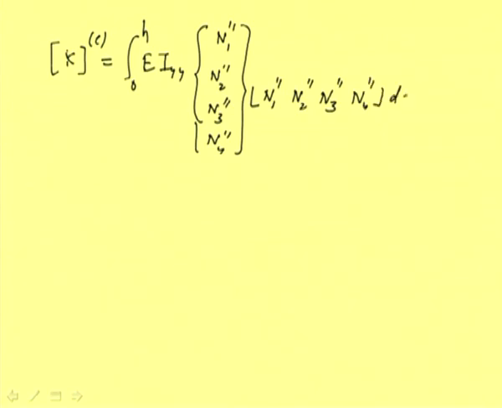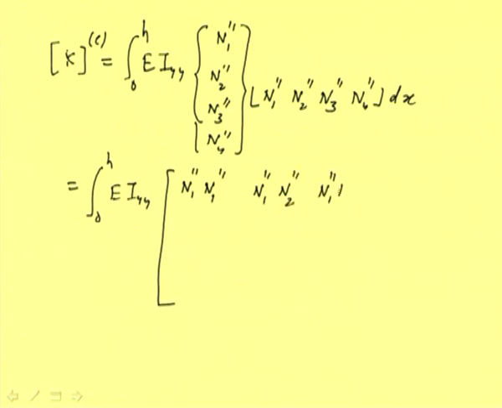So if we multiply this, we will get N1 double prime, N2 double prime, N1 double prime, sorry, this will be N1 itself, this will be N2 double prime, N1 double prime, N3 double prime, N1 double prime, N4 double prime. So it will go like this. Here it will be N4 double prime, N4 double prime,